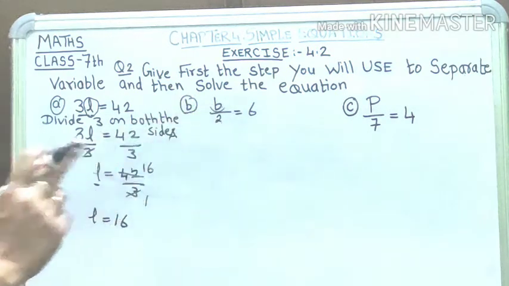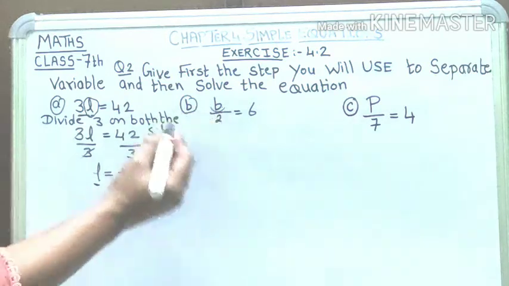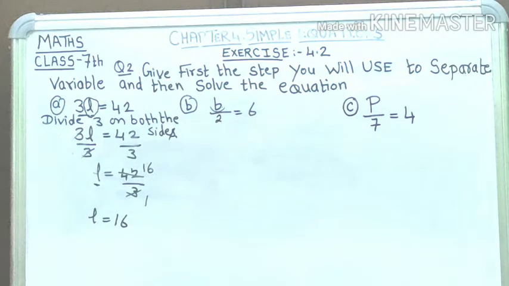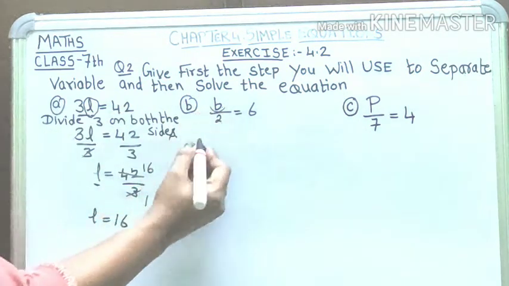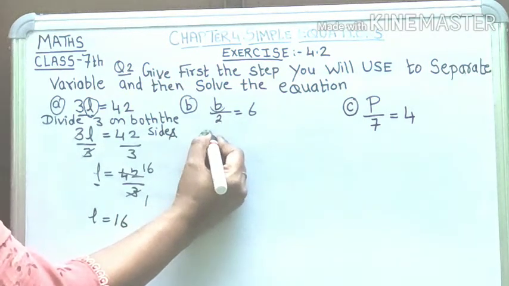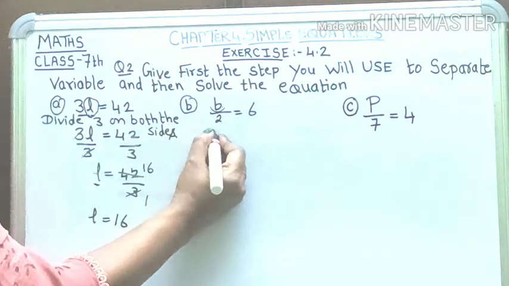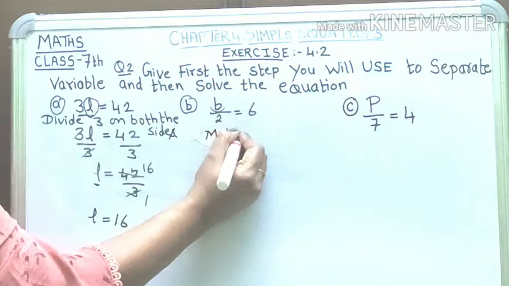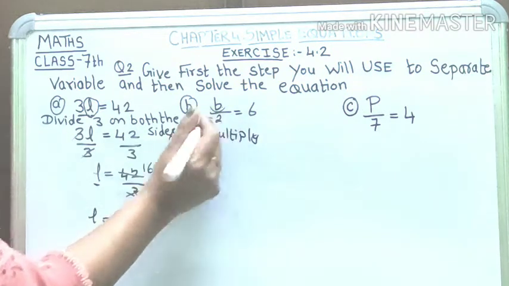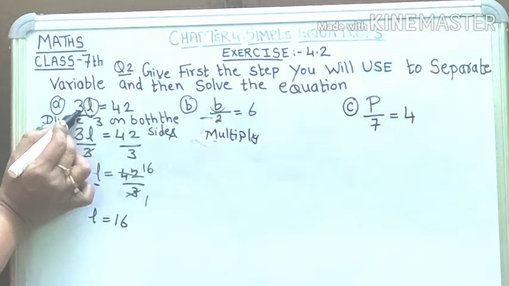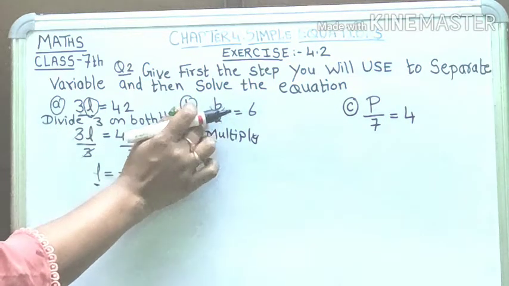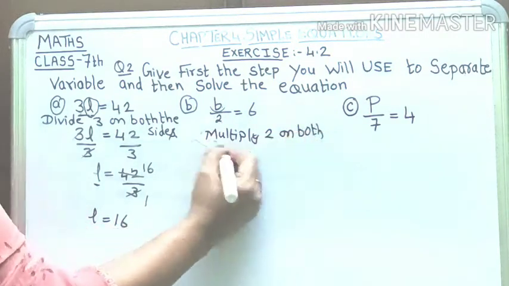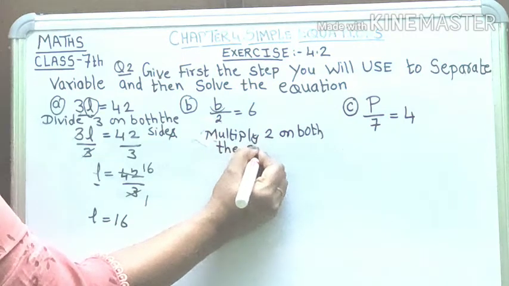So here we can see that B upon 2 means division. ये अपॉन दिया है, ये डिवाइड होता है और डिवाइड होगा तो हम क्या करेंगे? मल्टीप्लाई करेंगे. और क्यों करेंगे? क्योंकि हमको ये वेरिएबल को सेपरेट करना है. We have to separate this variable. So first we have to write the step. So what step will we write? हम मल्टीप्लाई करेंगे. अब क्या मल्टीप्लाई करना है? यही वाला नंबर दोनों साइड मल्टीप्लाई होगा. यहाँ पे यही नंबर इसके साथ जो था वही डिवाइड हुआ था. Multiply 2 on both the sides.